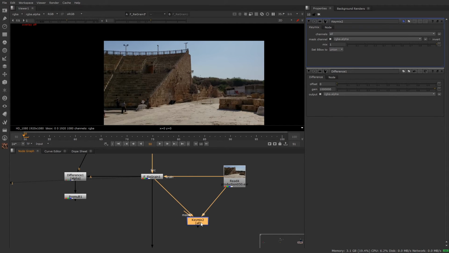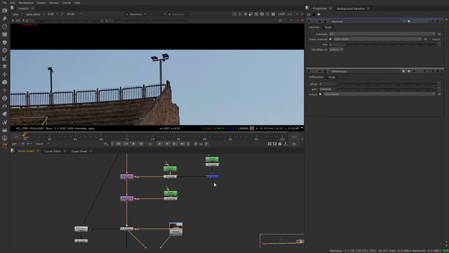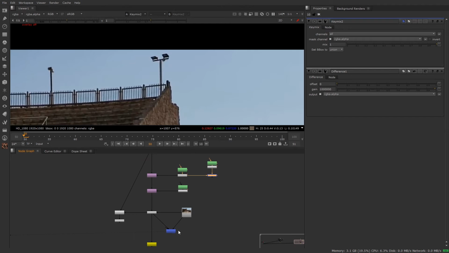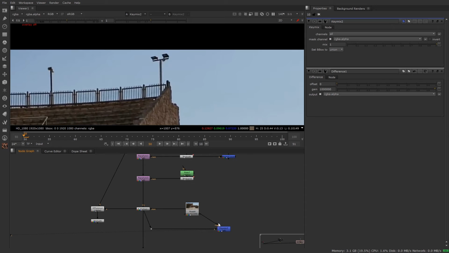Now if I press 1 over here, as you can see, without the mask, it won't show any effect. We have just created this alpha over here. So let's drag this over here, make our comp a little tidy like this. And now if I connect this mask to our alpha, here is our final result.